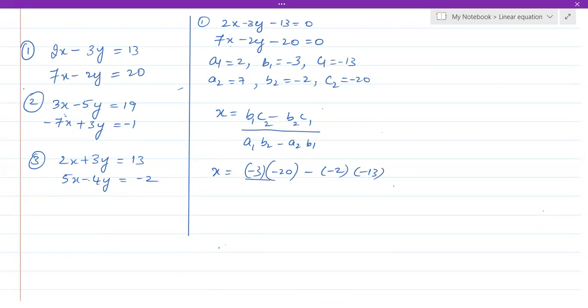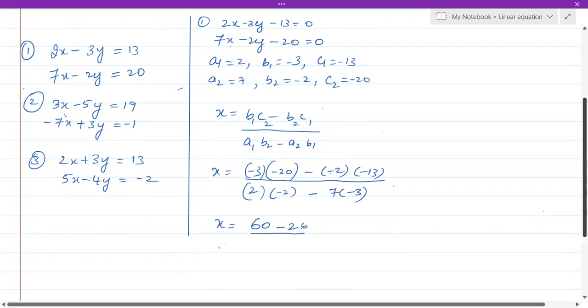Okay. If you observe, I'm substituting all the values in the brackets so that there will be no mistakes. Okay. So 2 into minus 2 minus 7 into minus 3. Now simplify it. X equals minus 3 into minus 20. Minus into minus plus, 3 into 20 is 60. Minus into minus plus, plus into minus is minus. So there are 3 negative signs. 2 into 13 is 26. Divided by